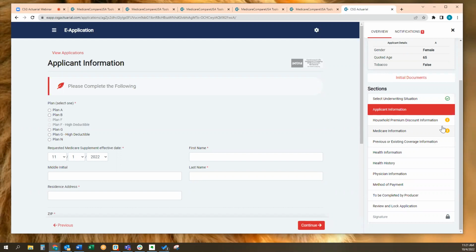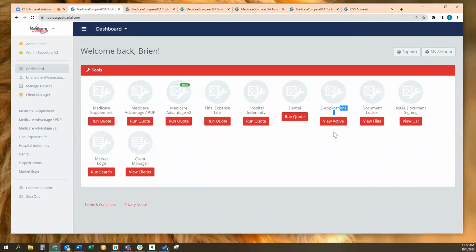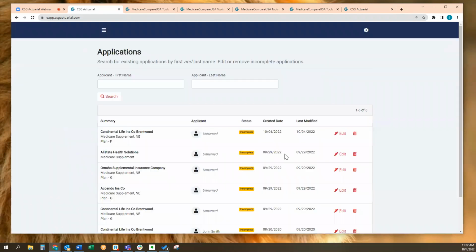The beneficiary can sign this in person. You can print this to wet sign, or you can send them an email to DocuSign the app and submit directly into the carrier. When you do that, we'll go back to our home page here, you'll see an e-applications button. When you click on this, this is your repository for all the applications that you've started or submitted and